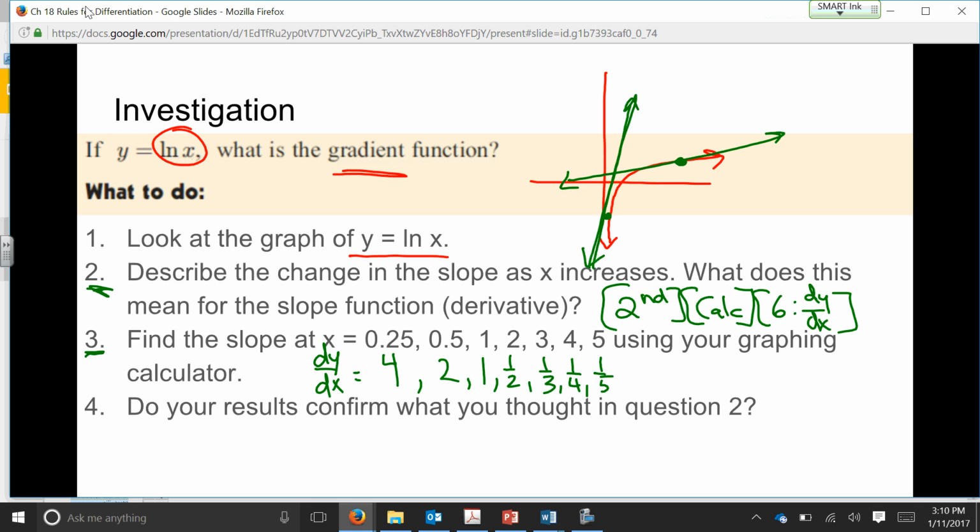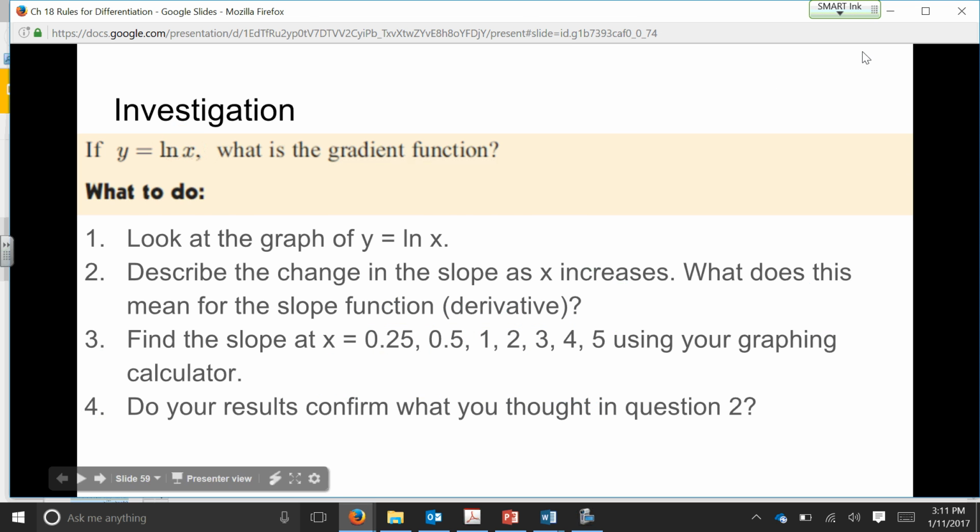Now, what we estimated or what we proposed was going to happen was that as x increased, the slope of the tangent line would decrease. And that's exactly what we see. So step 4 says, do your results confirm what you thought in question 2? Well, yeah, they do. But it goes even further than that. There's a clear relationship between a quarter and 4, between a half and 2, 1 and 1, 2 and a half. There's a relationship that exists there, and we could take that relationship one step further,